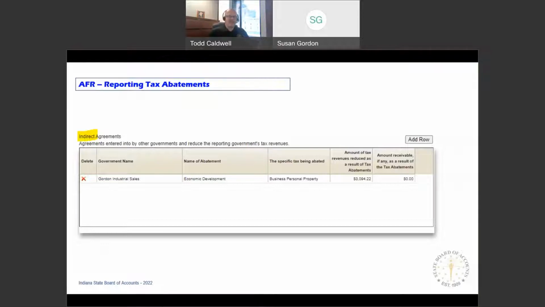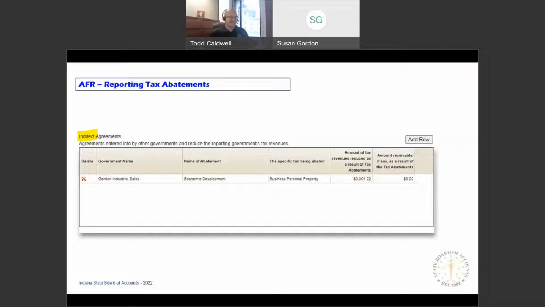Then when you submit all of that, and we come in to do an audit, we take your annual report and we generate the financial statements, and the notes are also generated. So this tax abatement information will be in that note to your financial statements. And I'm sure you've heard us say before, we audit those notes because they're a part of the financial statement. Our opinion is on your statement and your notes. So if we find something wrong with the notes, it would just be like if we found something wrong with the cash balance of one of your funds, we're going to propose an adjustment to you. You'd have to go back into the annual report, make that change and resubmit, and we'd move on.